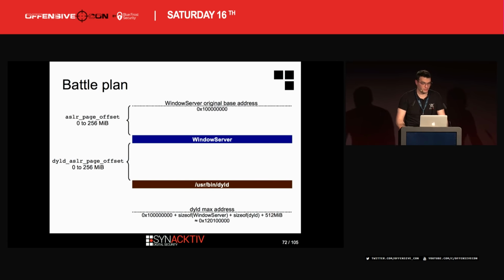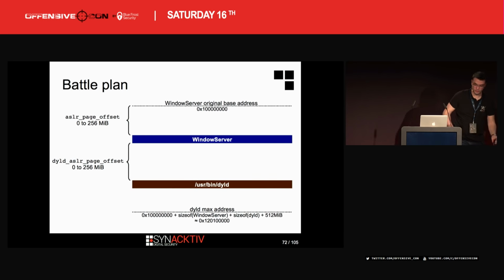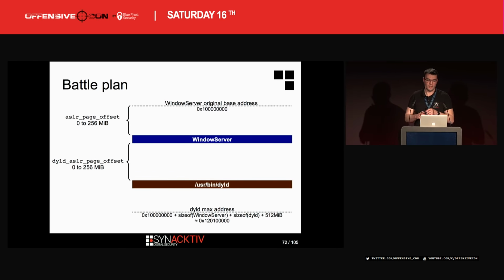Then you've got a random slide of less than 256 megabytes. Your executable is loaded, and then another slide is added to the end of the executable. Again, less than 256 megabytes. The dynamic linker is loaded, and